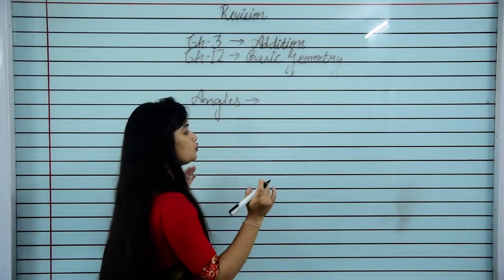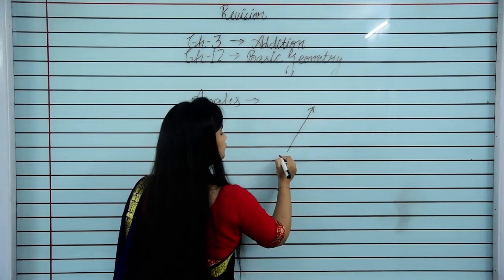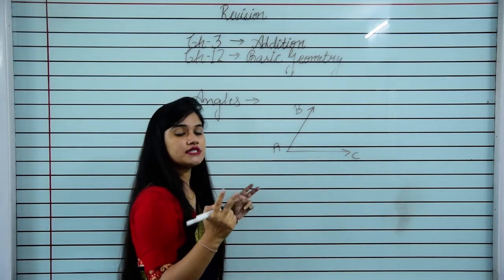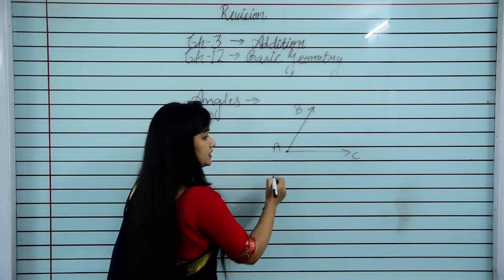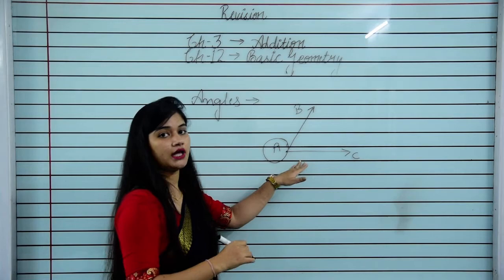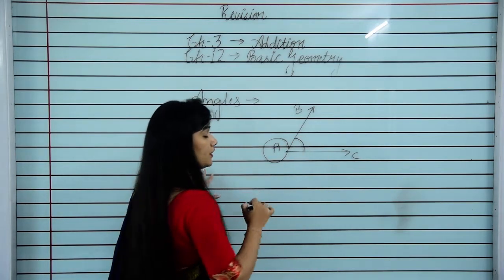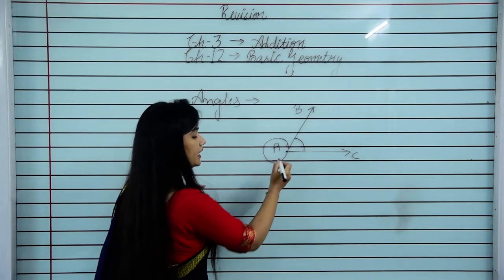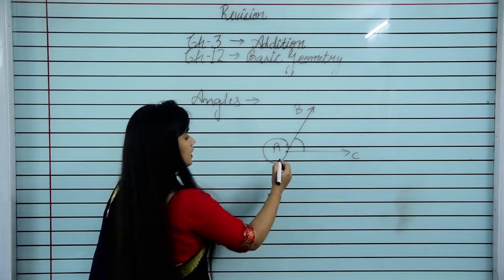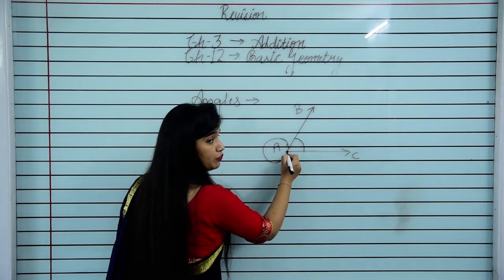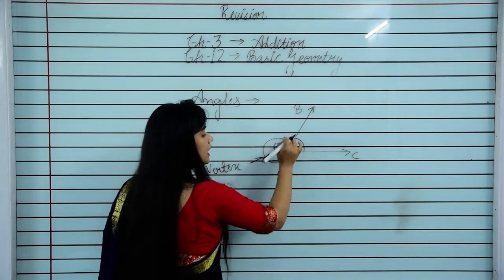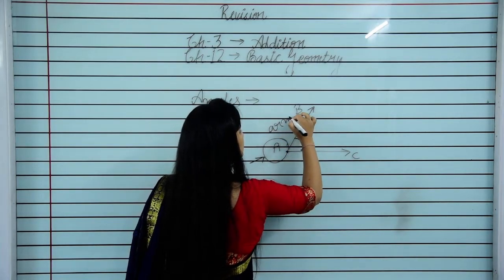If we take two rays, क्या ले रहे हैं हम? Two rays. This is the first ray AB and this is the next ray AC. If we take two rays and these two rays are meeting at a common end point, that is A point, then we can form an angle. How we can form an angle? If we take two rays and the rays are meeting at a common end point, then an angle is formed. Understood? And this point A, this end point is called the vertex. This is the vertex and these rays are called arms of the angle.